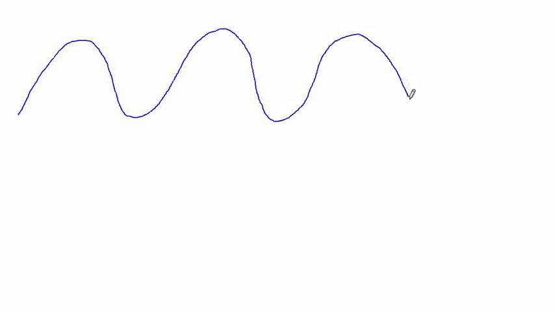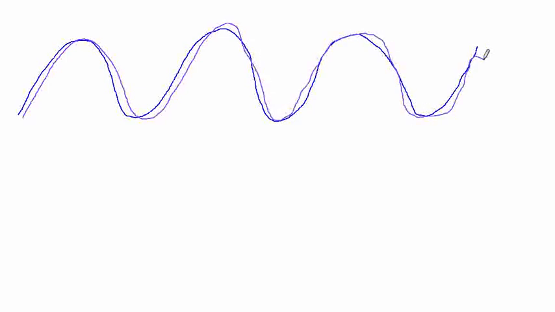So imagine you had a wave moving to the right, represented by this blue curve, and imagine you had another wave represented by this purple curve moving to the right with the same velocity. Can you see that the peaks and valleys are lined up? When that happens, the amplitudes are going to add together and you're going to get a bigger net amplitude. However,